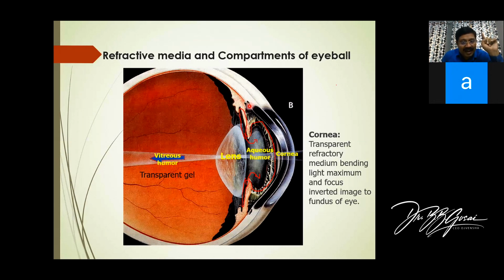This body is actually attached to the sclerocorneal junction. There is a muscle, and this muscle will go into the ciliary body. And from the ciliary body, there are zonular fibers. They will go to the margin of the lens. Clear? So, when this muscle is contracting, what will happen? If the muscle contracts, I will draw with the pen. This muscle contracts, so it will bring the ciliary body like this.